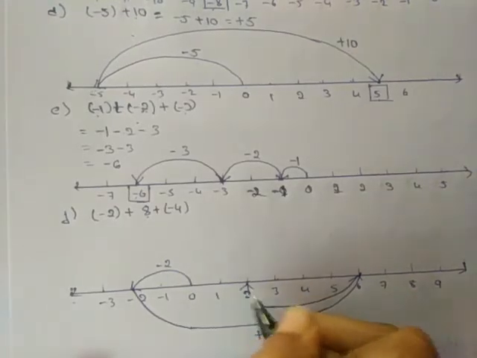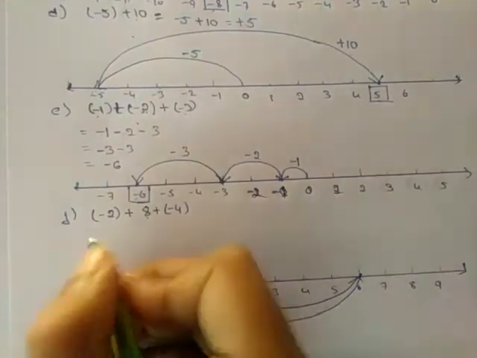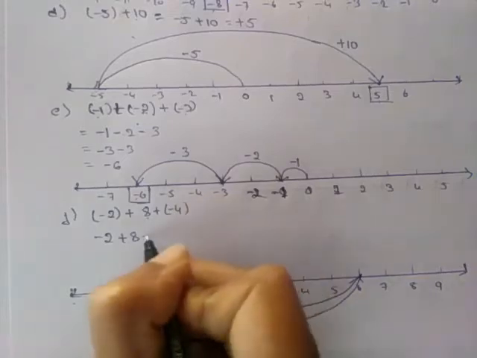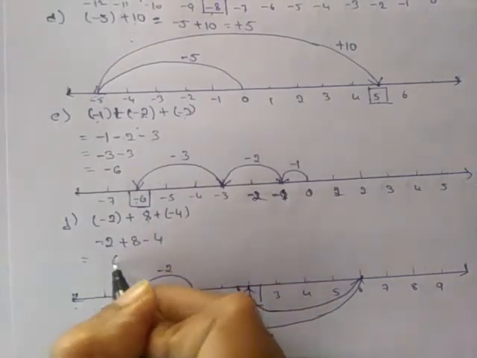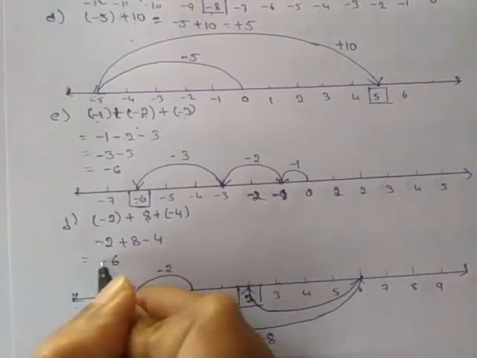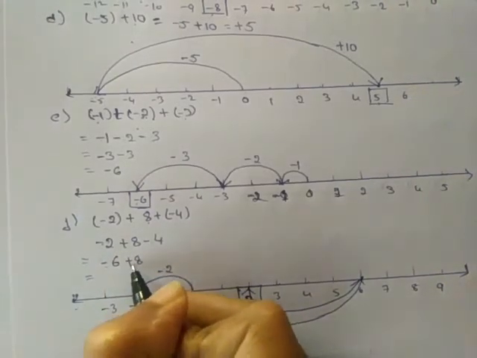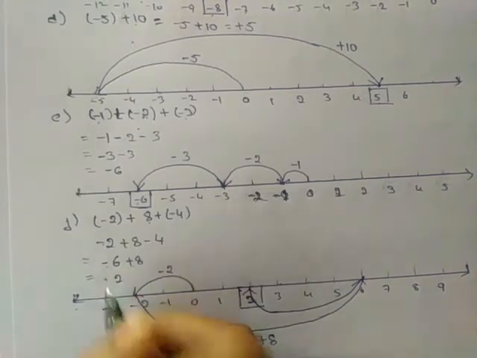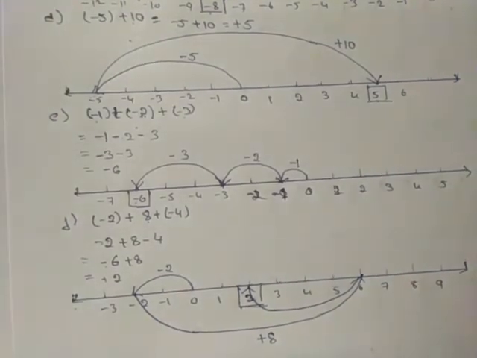Right, now we are at plus 2 point. Okay, we'll check it. Minus 2 plus 8 will keep, plus into minus, minus 4. Now these two having the same signs, so we'll add them. 4 plus 2, it is 6. Then bigger number sign, minus. This plus 8. Then having different signs, we'll subtract. 8 minus 6, it is 2. Bigger number sign, plus. Isn't it? Right? Okay. This completes second main.